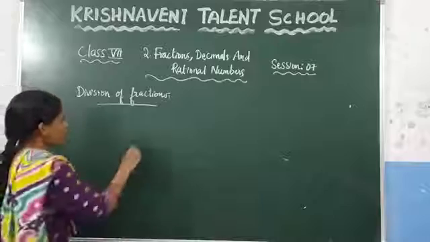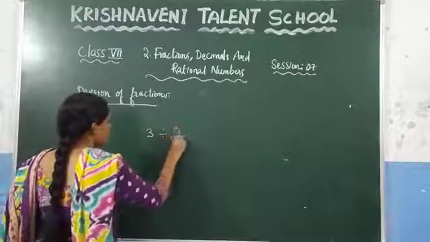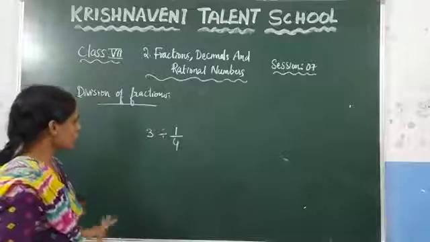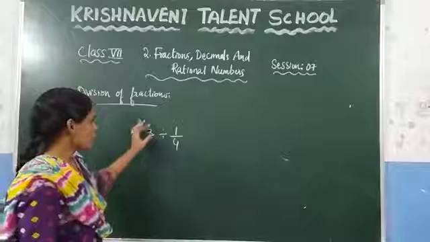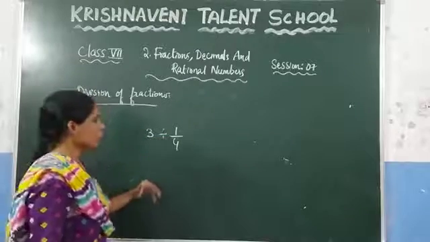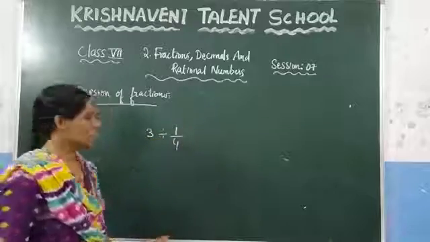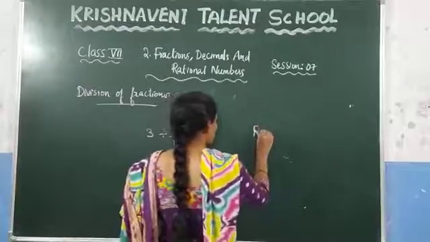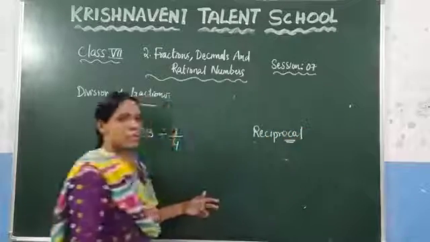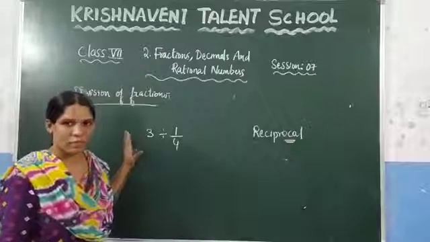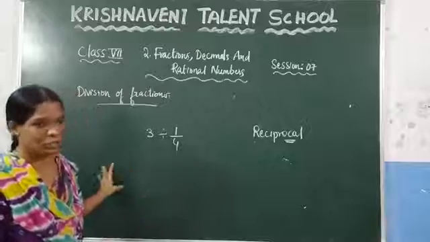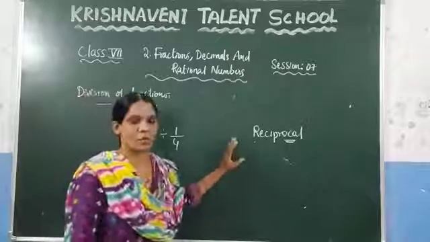That means if you are given any whole number and you are dividing it by a fraction, how do you do this calculation? Here, first you need to remember that division is there. If you want to change it into multiplication, you need to write the reciprocal of the next number. So first you need to know what is meant by the reciprocal. If you know the reciprocal, you can do any division, whether it is a whole number or a fraction, or two fractions, anything. But you need to know what is meant by the reciprocal.